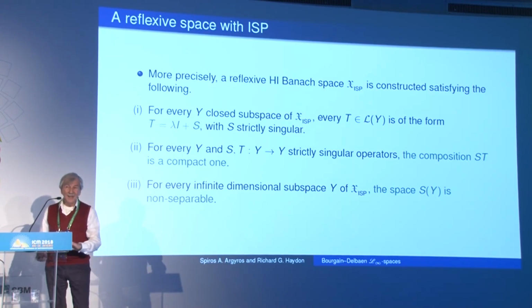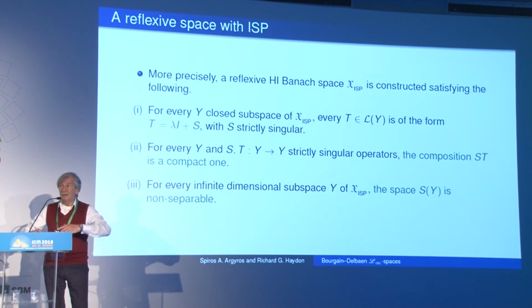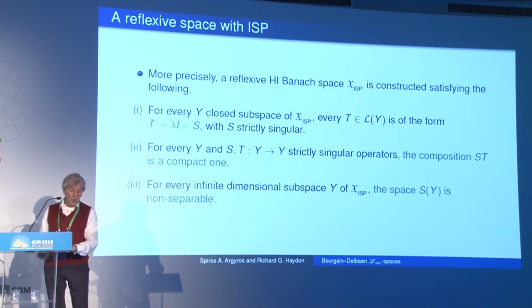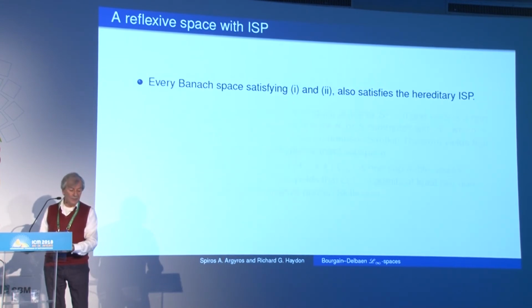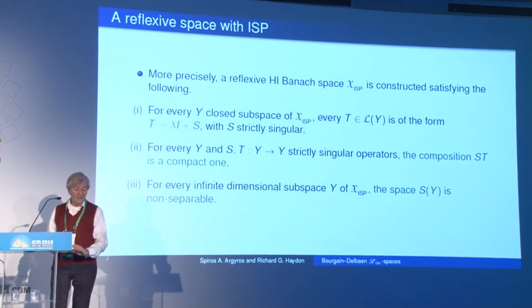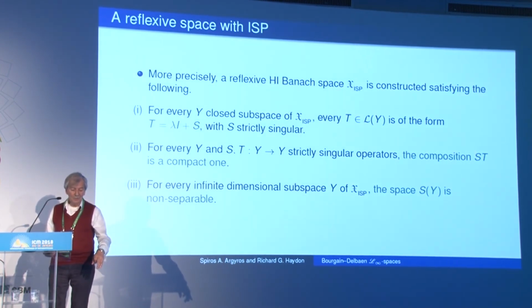The reason is that the space of strictly singular operators on every subspace is non-separable. I mean, the compact operators on this space are separable. There are an enormous number of operators which are strictly singular and not compact. Therefore, condition 2 is really important, I mean, that the composition of any two strictly singular operators is compact. Every Banach space satisfying 1 and 2, meaning that every operator is a multiple of the identity plus a strictly singular operator,